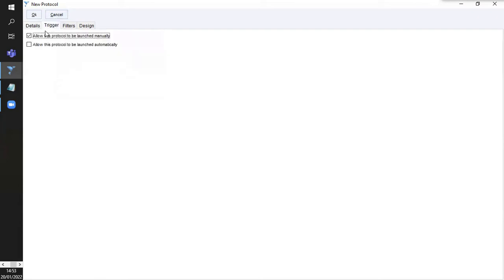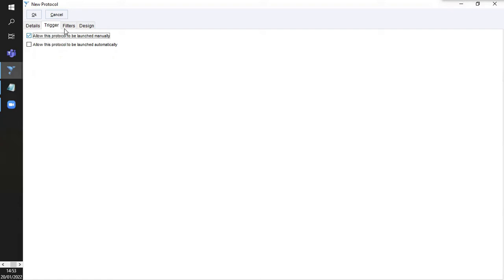I'll trigger. So again, this one's going to be a manual one. This is one that somebody is going to choose to trigger when something prompts them to. And in this case, the prompt is going to be that the patient gets a letter from the practice to say, you're about due for an annual review, give us a ring, we'll get anything set up and then we'll book you in for the appointment. So it's not an automatic thing. Someone's going to ring the practice and say, I've had a letter from you,